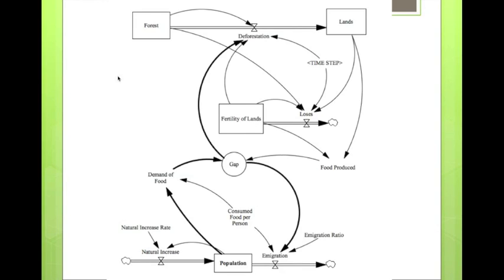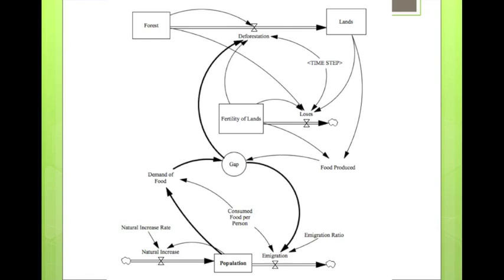So let's take a look at how this flows. Essentially, forests get converted to lands through deforestation. These lands are able to produce food, and these lands also, over time, lose fertility. And the fertility of the lands then drives even more deforestation, because as the lands become less fertile and less productive, there's more forest that comes into play. And there is evidence that the amount of deforested area was increasing